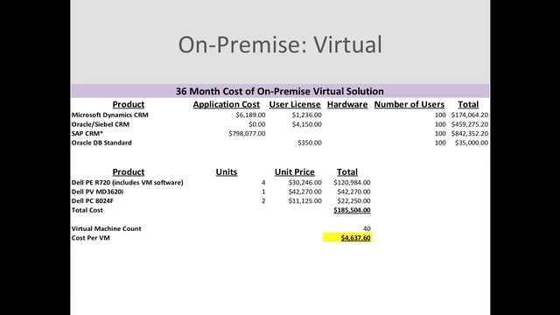Again, this is based on virtualization, and we've broken this down in more detail in the impact report itself, but this is based on 40 virtual machines spread out across the total cost of hardware here, as you can see. And again, we've included the $35,000 for Oracle, and the total prices come out to $174,064 for Microsoft, $842,352 for SAP, and again, Oracle is right in the middle of all that.